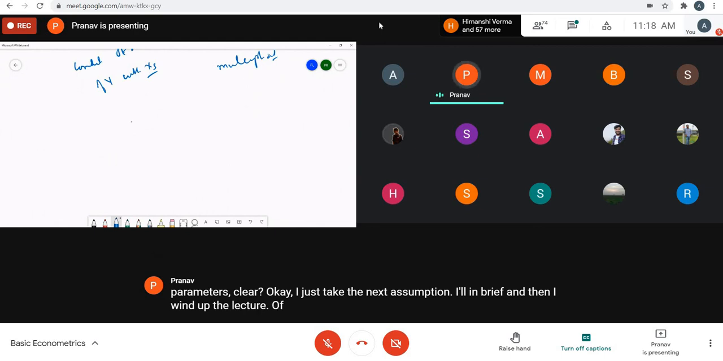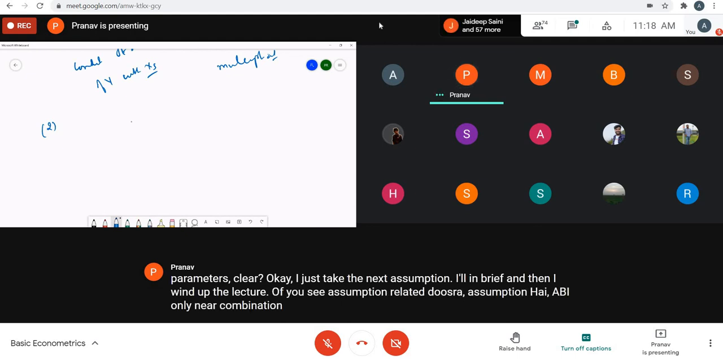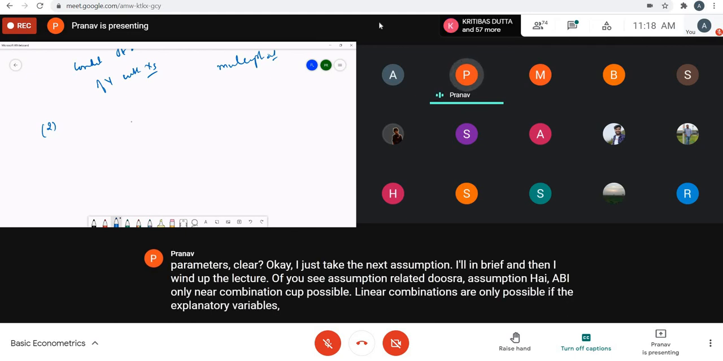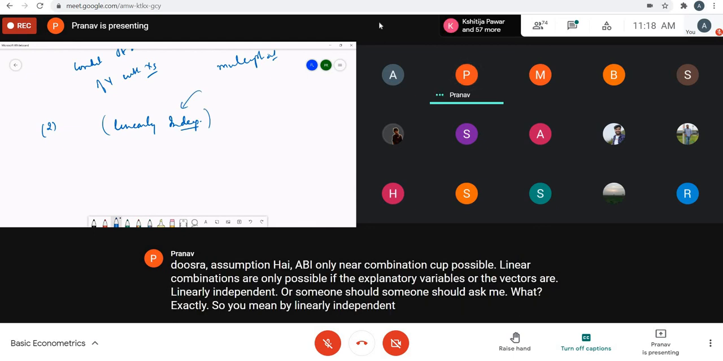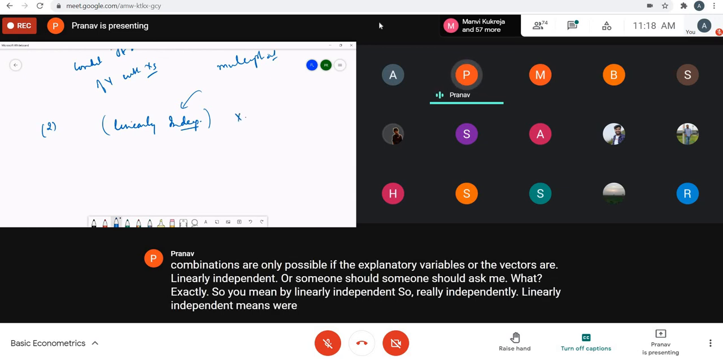अब इसी assumption से related दूसरा assumption है. अभी हमने क्या देखा? Linear combination कब possible है? Linear combinations are only possible if the explanatory variables or the vectors are linearly independent. Now someone should ask me, what exactly do you mean by linearly independent? So linearly independent means, if I have two variables, let's say x1 and x2,